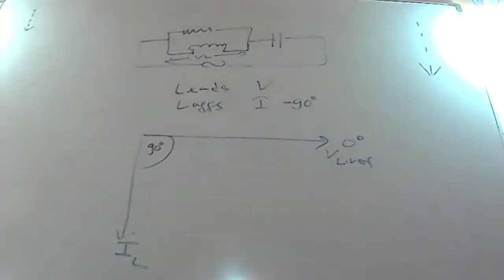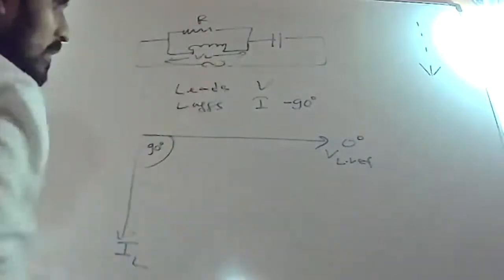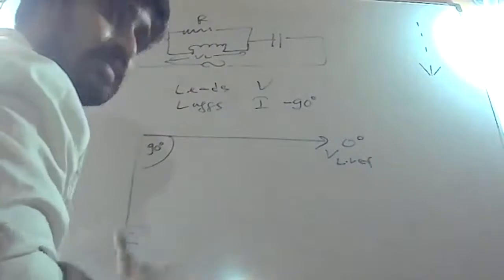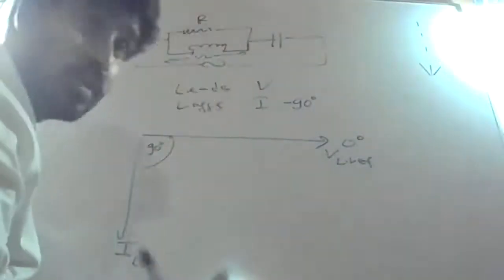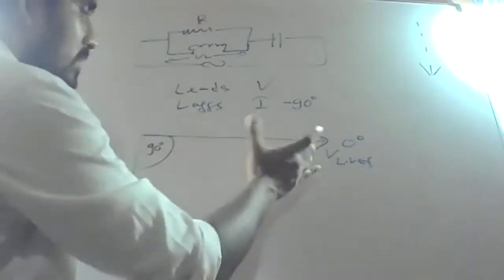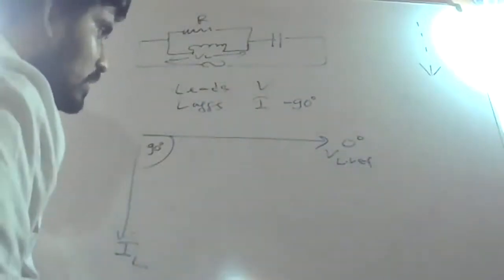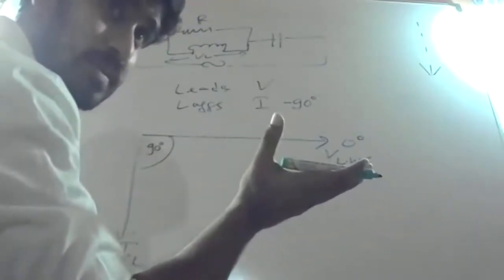Okay. Now, what is the voltage across the resistor? It is the same, right? Because this is a parallel circuit, so the same voltage drop is applied here and there. If you consider the current through the resistor and the voltage across the resistor, they go in line, so there is no phase difference. So this is the voltage across the resistor, because these two are connected in parallel. What is the current through the resistor? That is IR. So that will be in the same phase, no phase difference.